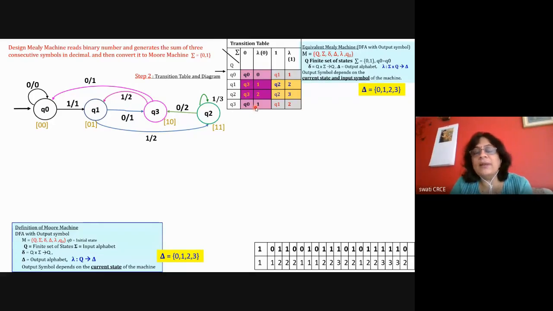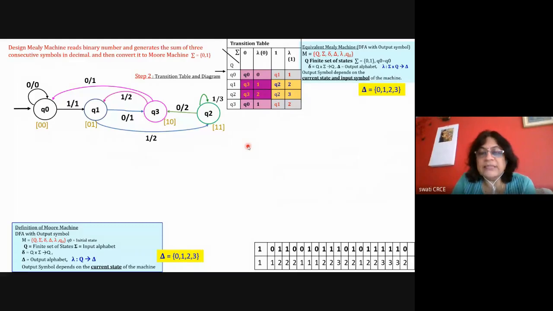In the previous problem, both the symbols were the same. Most of the time you will get the same symbols, and then there is no problem. But if you get two different symbols, then you need two different states of Q0. Here Q0 has two different combinations, and Q1 also has two combinations: Q1 with output 1 and Q1 with 2. Q2 also has two combinations: Q2 with 2 and Q2 with 3, and Q3 with 1 and Q3 with 2.